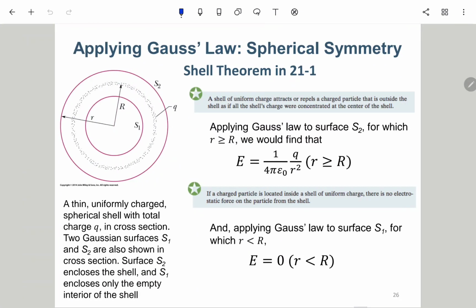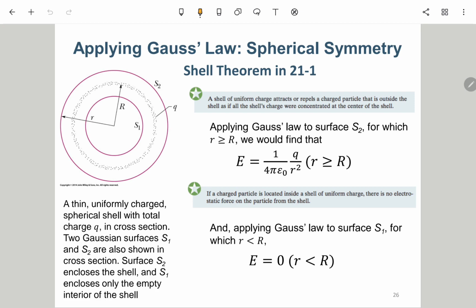Okay, so for the finish, here we try to apply the Gauss law for spherical symmetry. Okay, spherical symmetry. So here we would like to use the Gauss law to somehow prove the shell theorem in